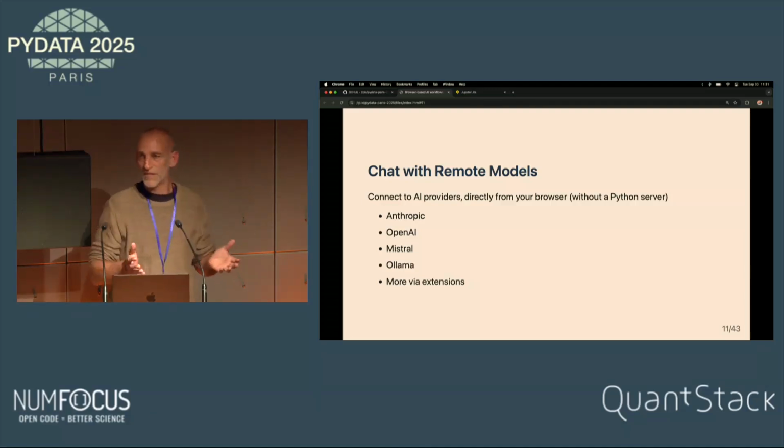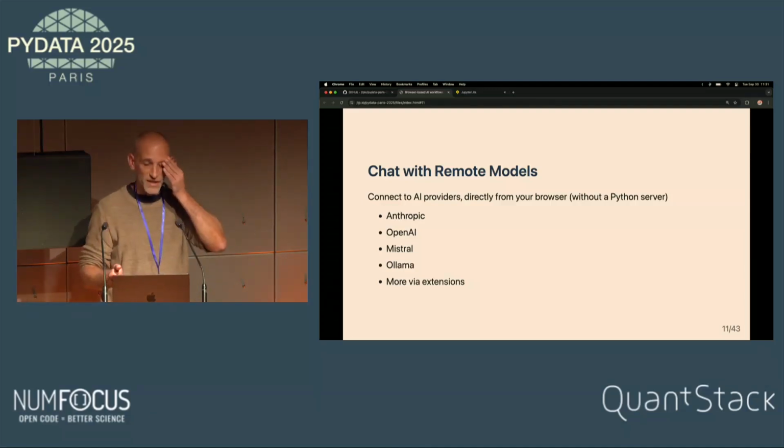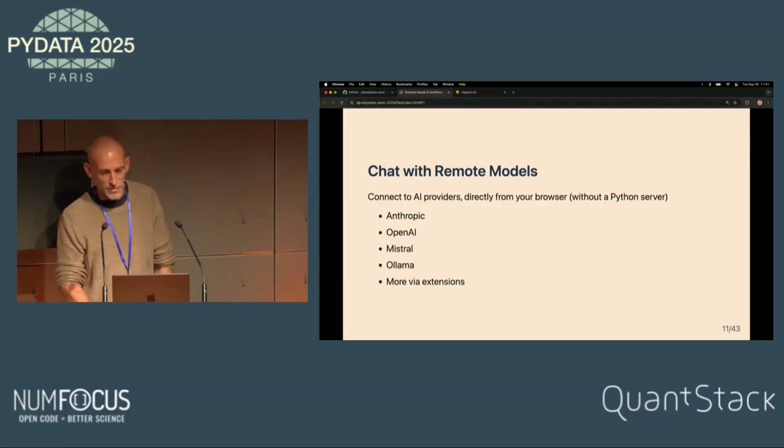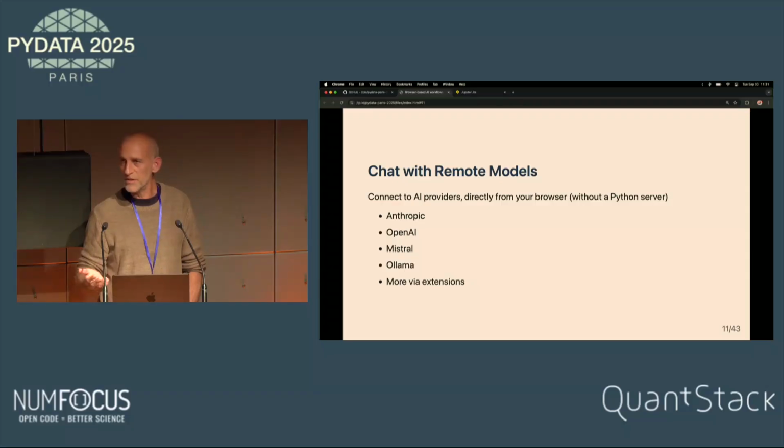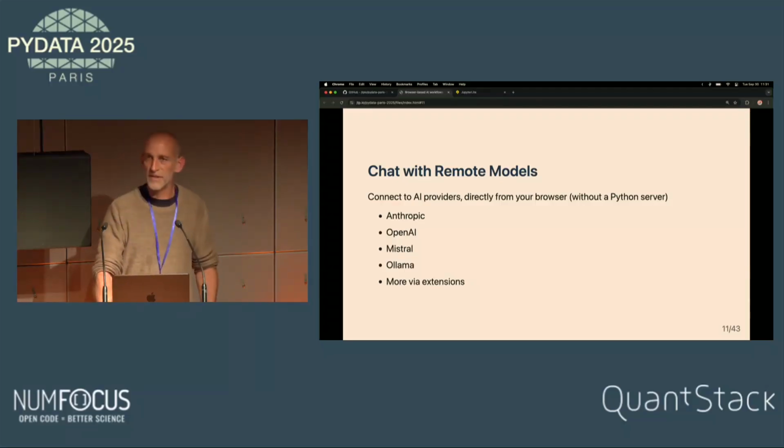Currently, we have a chat widget that can communicate by default with models from Anthropic, OpenAI, Mistral AI, and Ollama. And more models can come with extensions. Jeremy will show some of them in the browser, and anybody can bring an extension to use more models.